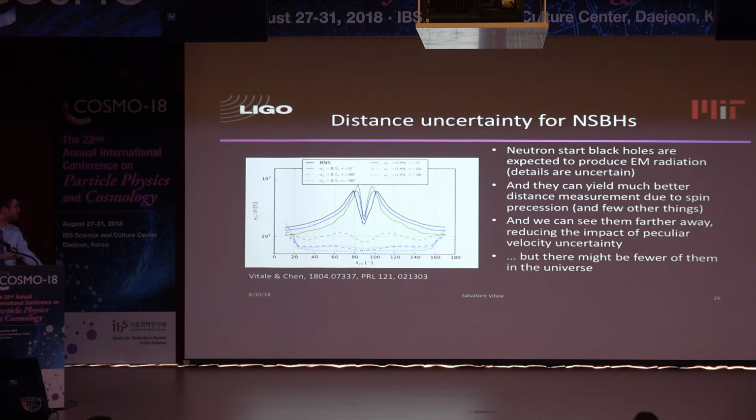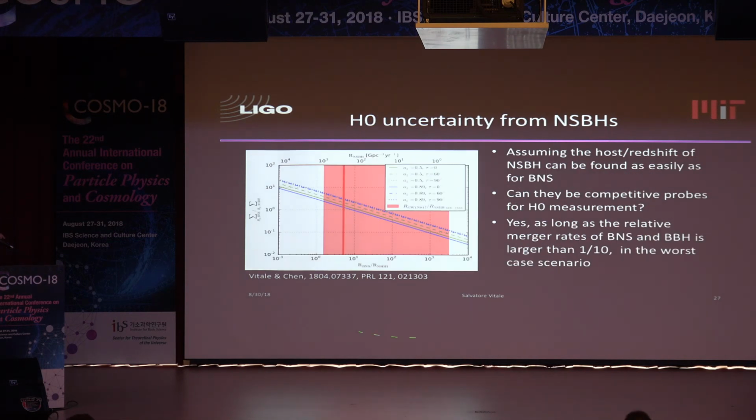What is the downside? The downside is that, as far as we know, there are way fewer neutron star black hole binaries than neutron star binaries in the universe. So which of these factors wins eventually was really why I started working on this paper. And the bottom line is this kind of plot here, which I'll take a second to explain because it has a lot of information. Of course, we don't know the real rate of neutron star black holes. We don't even know the real rate of neutron star binaries. So as a figure of merit, we have used the ratio of the true rates of neutron star binaries over neutron star black holes, which is unknown, so you can pick whatever you believe.